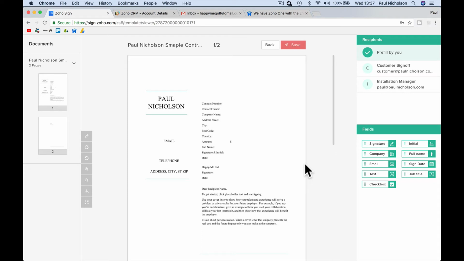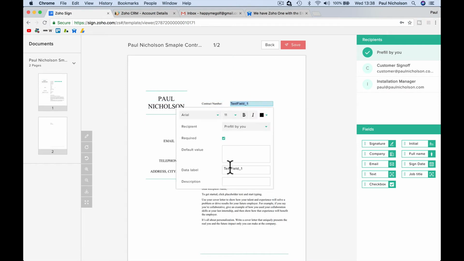So now we need to populate these fields. What you see here is 3 things, right? This is why I added this customer. You can do it afterwards, and I'll show you afterwards, but I like to do it all at the start, and we can edit as we go. Pre-fill by you. This is where we're going to add fields to populate this from your CRM, right? So what we do is contact number. We're going to put in text for this one, right? Contact number. I double click on it and I put